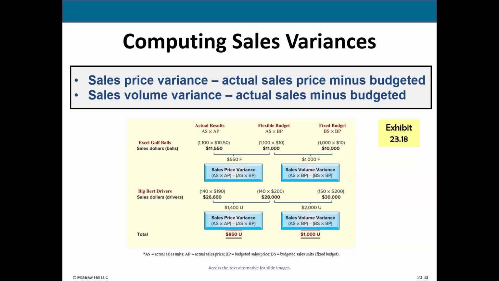And as a manager, computing these types of variances is really important because you might need to do a deep dive on specific products or line items that you sell in order to determine if you have the right sale price, if you have the right quantity that you planned on selling, those types of things. It helps you hone in on those differences to be able to explain to upper management what's going on here. But again, it's the same basic formula that we've been using, the actual compared to the budgeted amount.